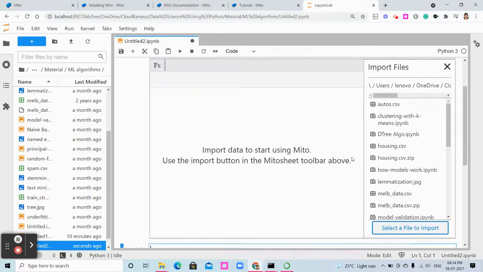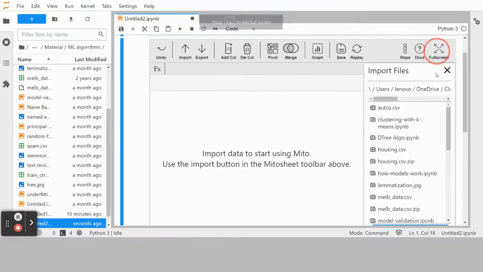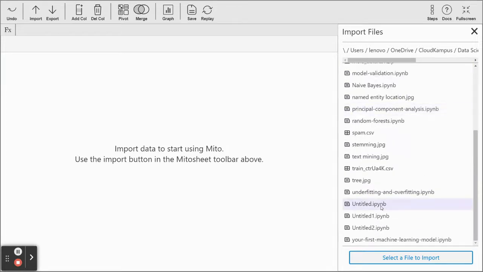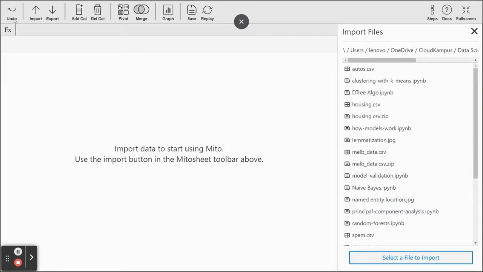Can you see here? If you want to view it as full screen, you can click full screen, where you can see that your Mito sheet is opened. Previously I have imported this data, so it is showing these as the recent data. Or else if you want to import newly, click here and click select a file to import.